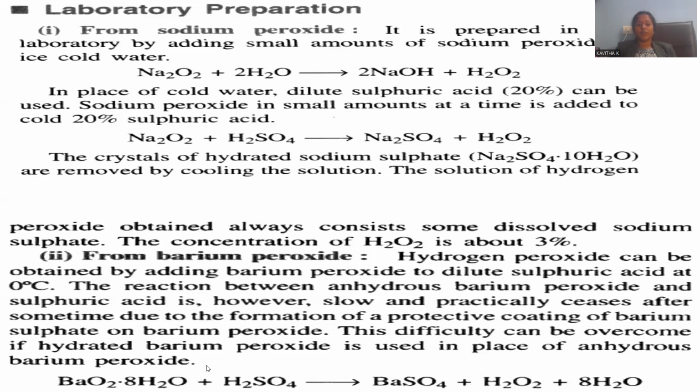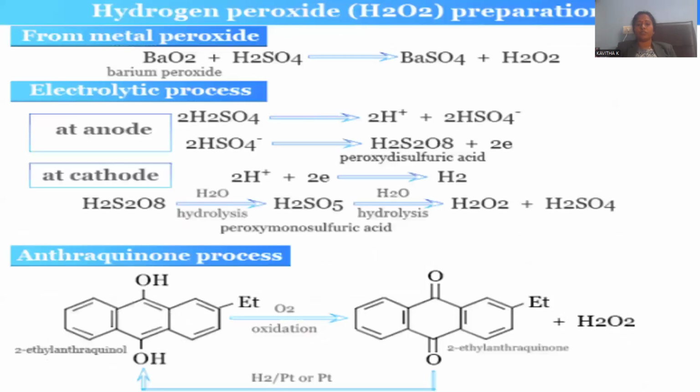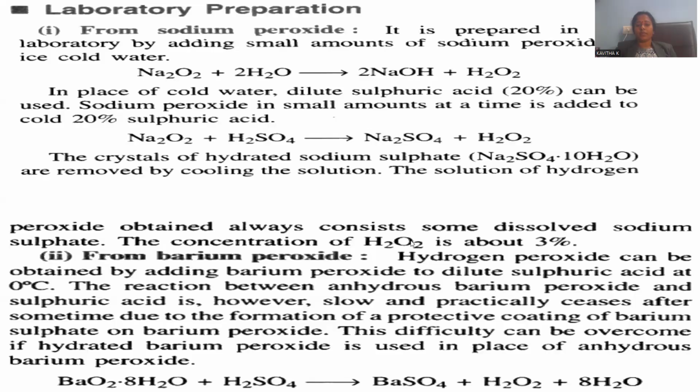Barium peroxide, we just went through this barium peroxide. Whenever barium peroxide is treated with sulfuric acid, there is a formation of barium sulfate in addition to H2O2, as we just went through in this kind of reaction, right? So hydrous barium peroxide can be taken. This is the form called the hydrated one. When hydrated barium peroxide is taken, there is another byproduct you can notice: water in plenty, an excessive quantity, octa water molecules are generated. Instead, you may go for the anhydrous form of this barium peroxide, so that there are only two products you can notice.